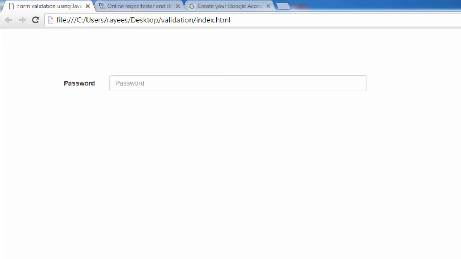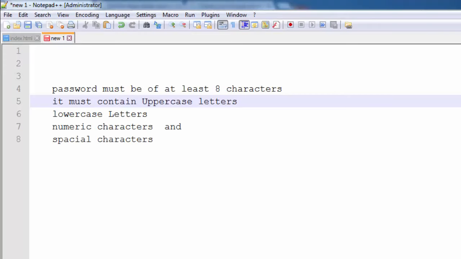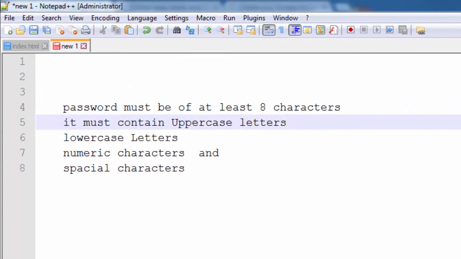In the last tutorial we have seen how we can validate email addresses on the client side. In this tutorial we'll see how we can help our users to create a strong password using JavaScript and regular expressions. The standard format for a strong password is